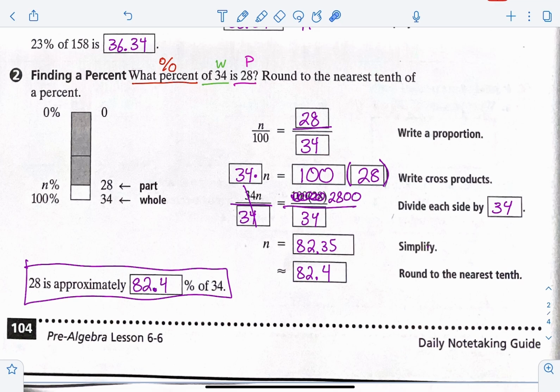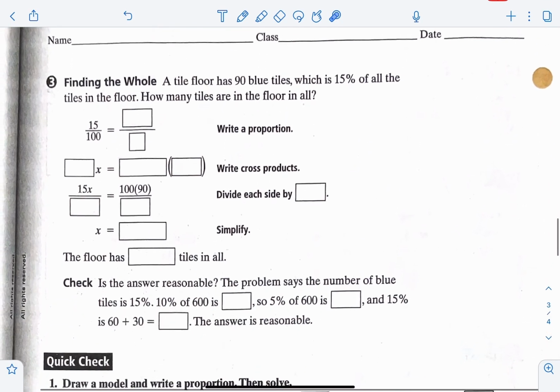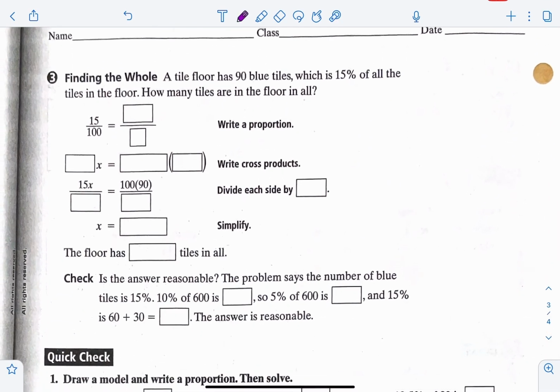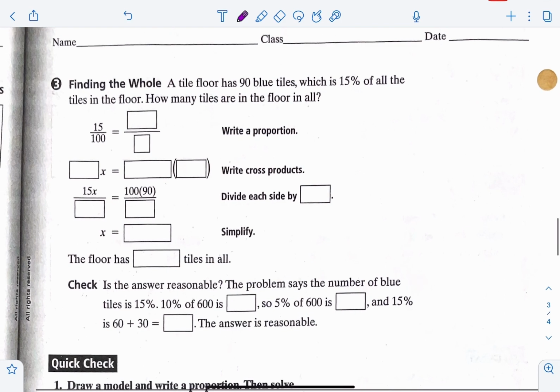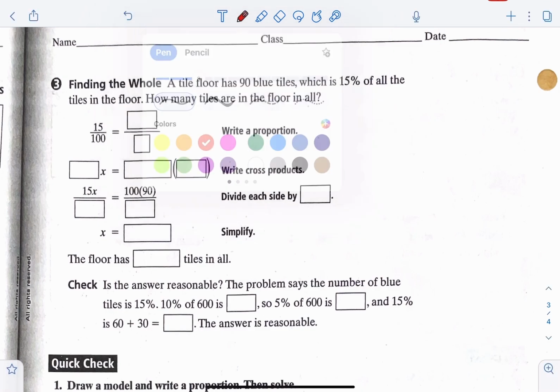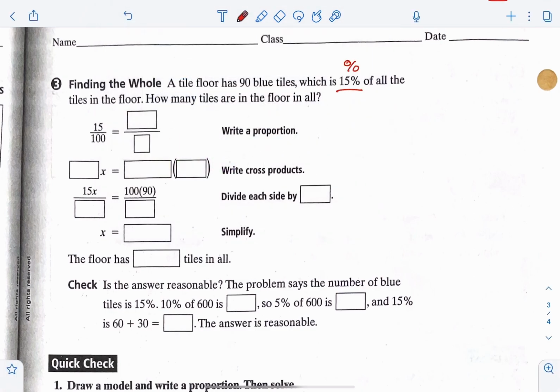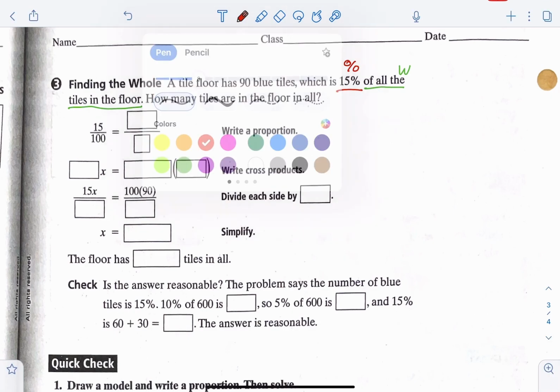All right, when you're ready, go ahead and flip your paper over, and we'll start on the back. A tile floor has 90 blue tiles, which is 15% of all of the tiles in the floor. How many tiles are in the floor in all? So we have 15%, which is going to be our percent. We have of all the tiles in the floor, which we don't know, so we don't know our whole, which means that our part